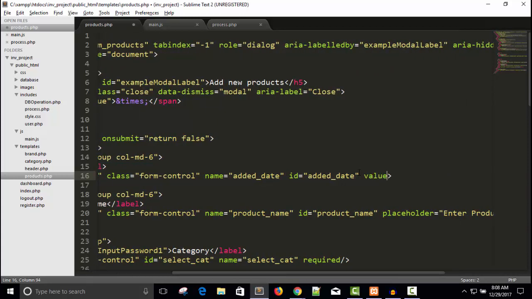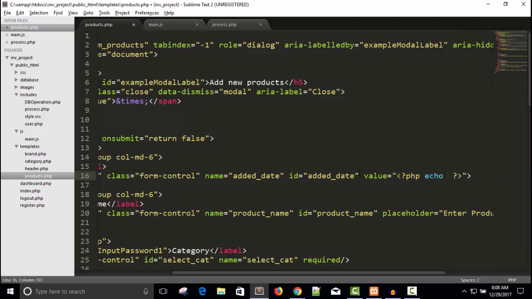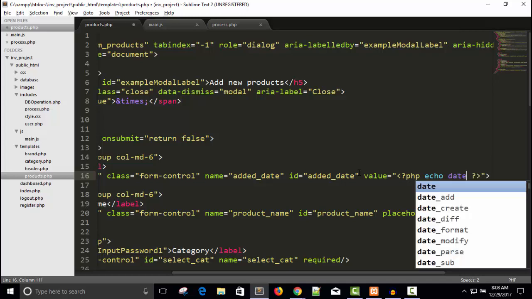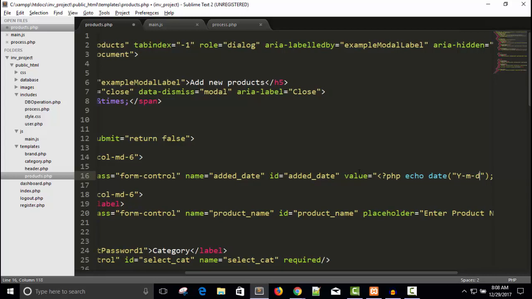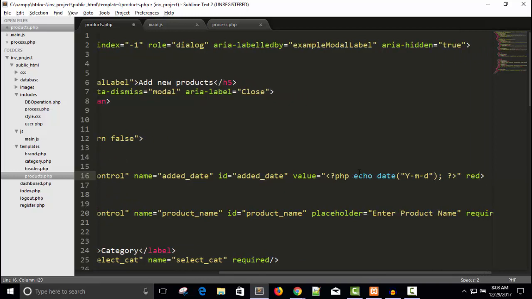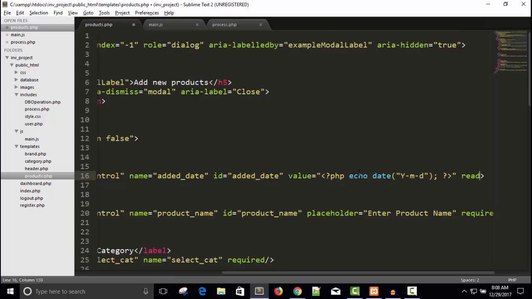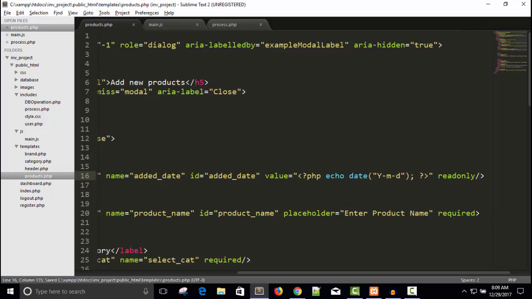So give a value equal to PHP echo date, year, month, date, and give a restriction, readonly. Save this,